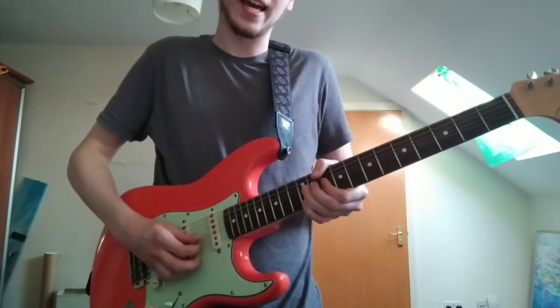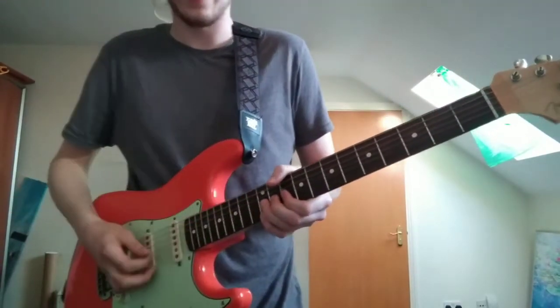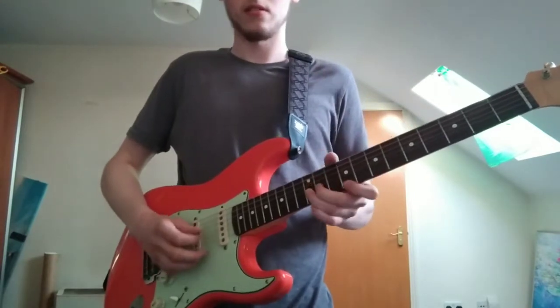Then you pluck it again, this is the 4th time that you pluck the 12th fret of the B string. So